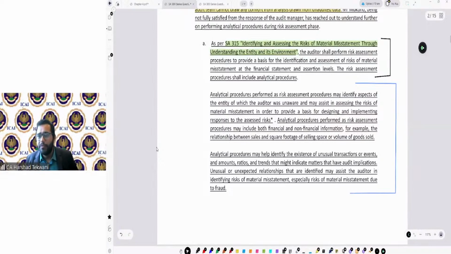Now, the question comes when you are not aware of the subsection number or the exact rule number. Perfectly fine. You can quote section 143 at that point in time, whatever you remember. Or even if you don't remember the section number, you can quote directly the name of the act, as per the provisions of Companies Act 2013. But again, in that case, there are chances that some of your marks might be deducted, because quoting section numbers and provisions is mandatory.